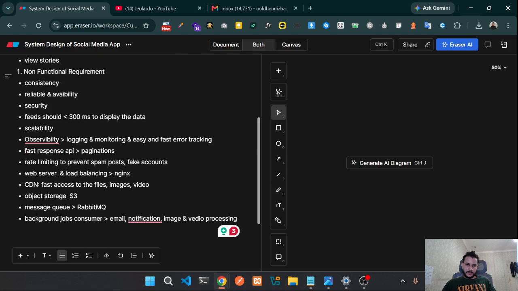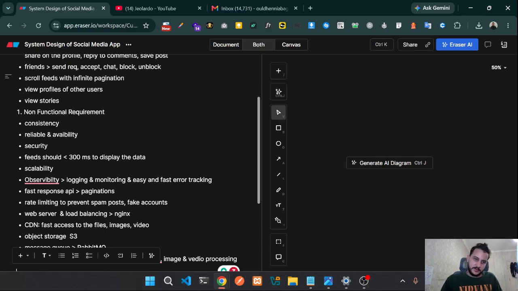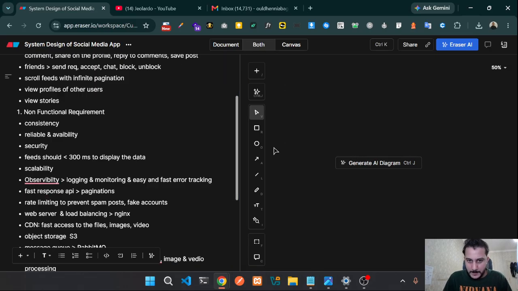So I think this is the most important non-functional requirement. Okay, so let's start. Maybe later I can modify it, add something, or remove something. So this is not the optimal functional and non-functional requirements. So let's make the design of